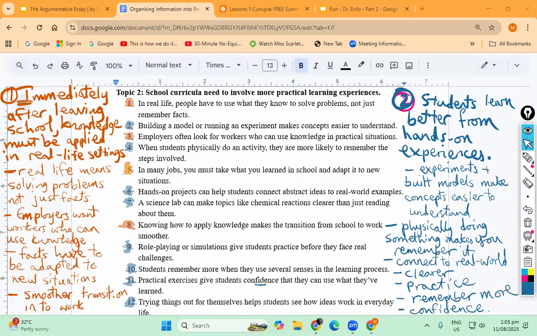Okay, so the link to this document is already posted on the blog page, right? For you to get to what the homework is going to be. So the homework is one more exercise like this for you to try on your own. Topic 3, and topic 3 is learning a foreign language should be compulsory,